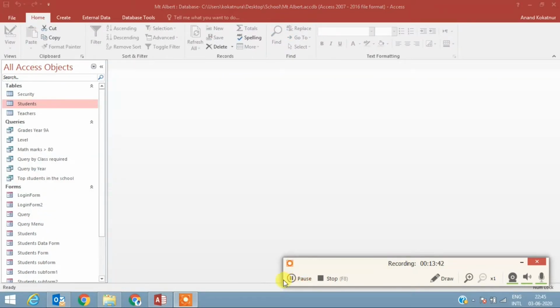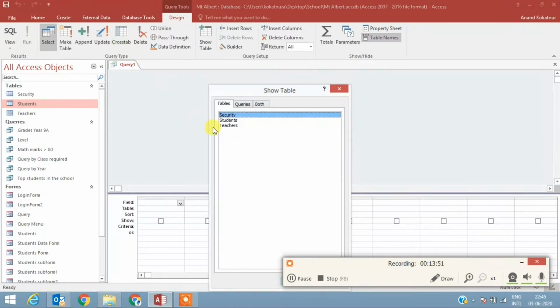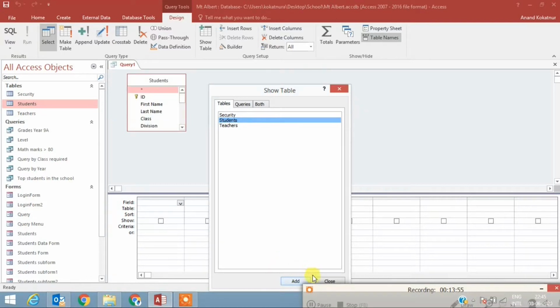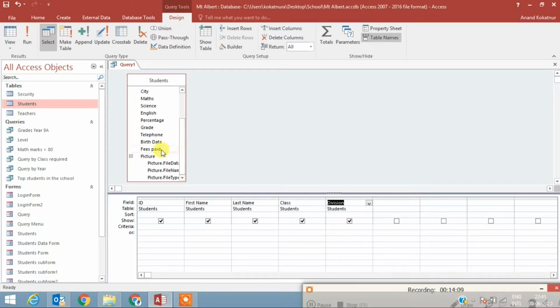Sometimes the management wants to find out how many students have not paid the fees. So let's go to create, query design, select students, ID, first name, last name, class, division, fees paid, and if you want the telephone number to contact the parents or something like that, you can select